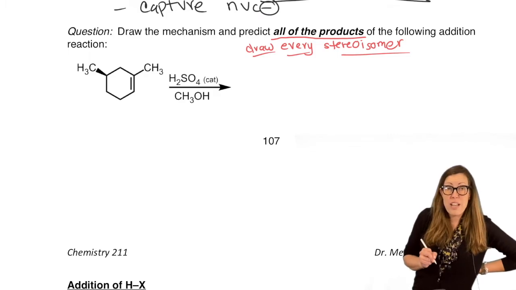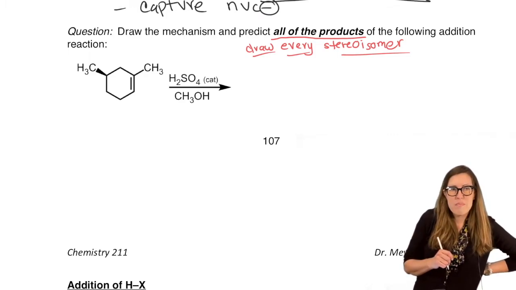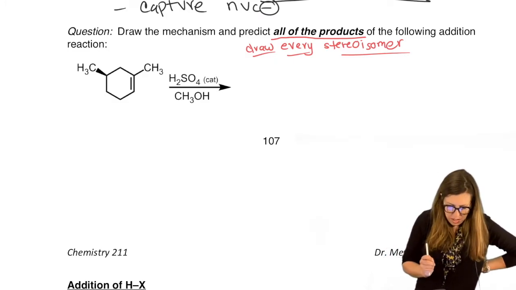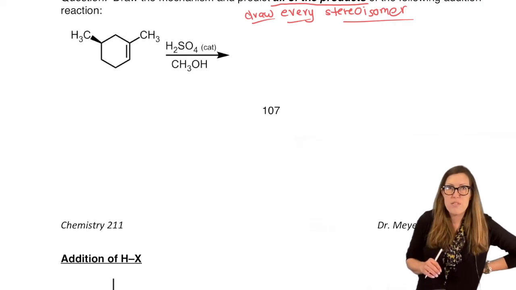So watch that on your prompts and homework and exams when it says draw out every single product or indicate racemic with a plus or minus. All these different instructions telling you how to draw out the stereoisomers. So in this scenario, draw out every stereoisomer. If there's 5, we're going to draw all 5. If there's 4, we're going to draw all 4. Okay?